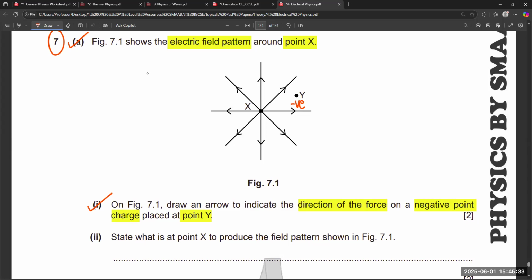So positive is in the middle, negative is placed in the field. So there will be a force of attraction. It means towards the center, right? So this is the simple concept for 2 marks. Then what is at point X